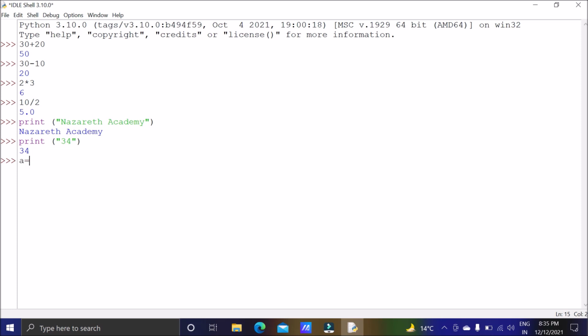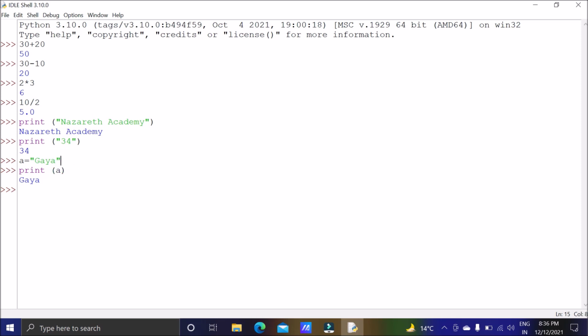Okay. Now for example, I have taken one variable a and I have given the value as Gaya. Now if I go for print and then I write a, then you can see Gaya got printed. So if you want to directly print anything, you have to write that in double quote. If you want to print the value in a variable, then you have to just write the name of the variable.